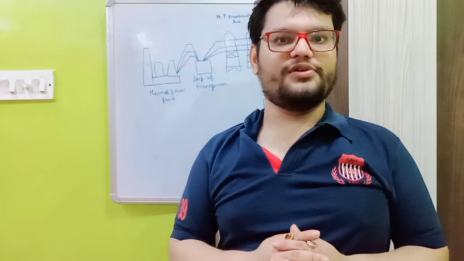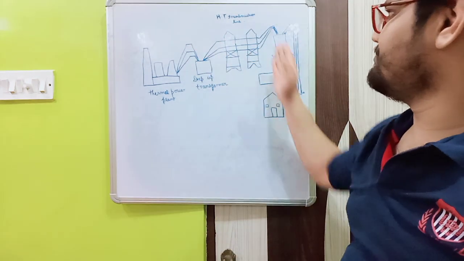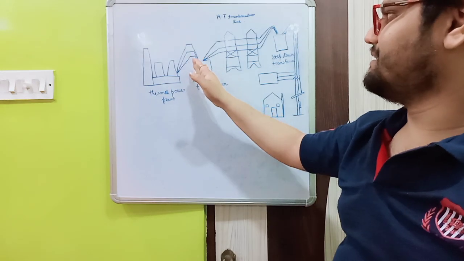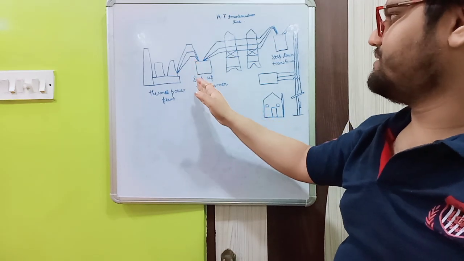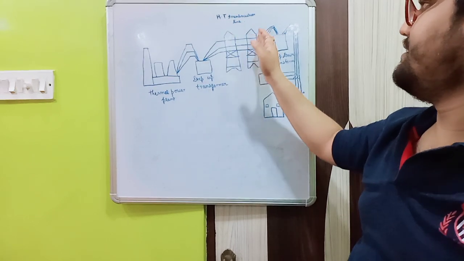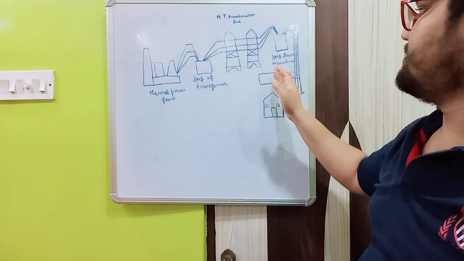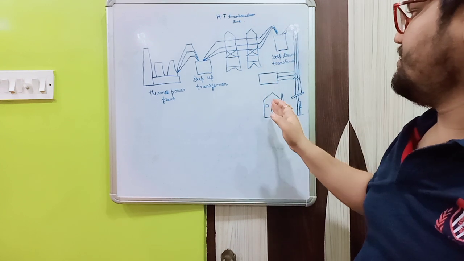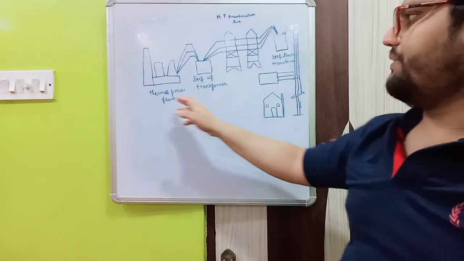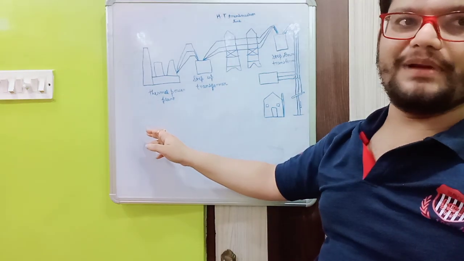This is Bro, and today we are going to discuss the total power system, from the thermal power plant, how the electricity is passed to the step up transformer, then goes to the high tension transmission line, and after that goes to the step down transformer for transmission to the local area for all the houses. So in the thermal power plant,